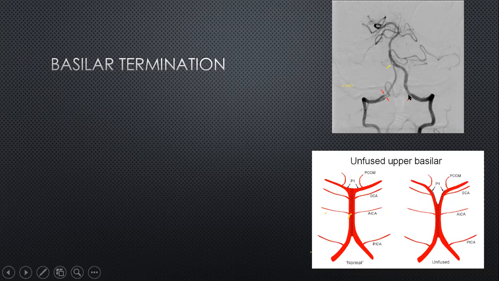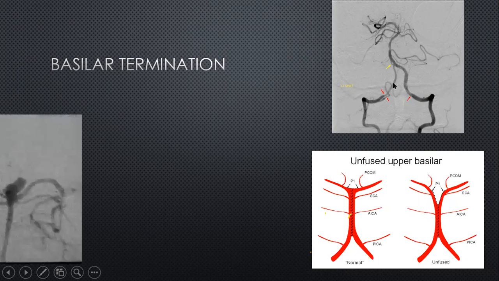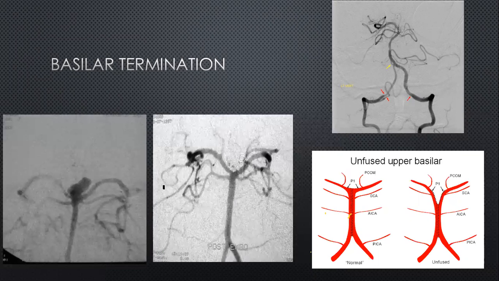Finally, when we talk about the basilar termination, it is where the basilar artery divides into the two posterior cerebral arteries, and this is the more typical textbook appearance, where you have got a superior cerebellar artery, which here is coming off from the basilar artery, but here is sharing a common origin with the PCA. The basilar termination can be sometimes flat, sometimes more V-shaped, or sometimes like this, where the PCA is actually absent. And from our previous discussions, you will immediately realize that if the left PCA is absent, this patient probably has a dominant left PCOM or a fetal left PCOM, which is going to supply that left posterior cerebral artery territory.